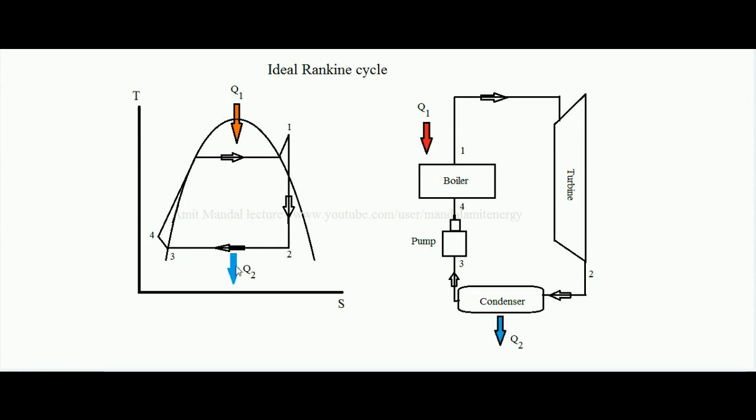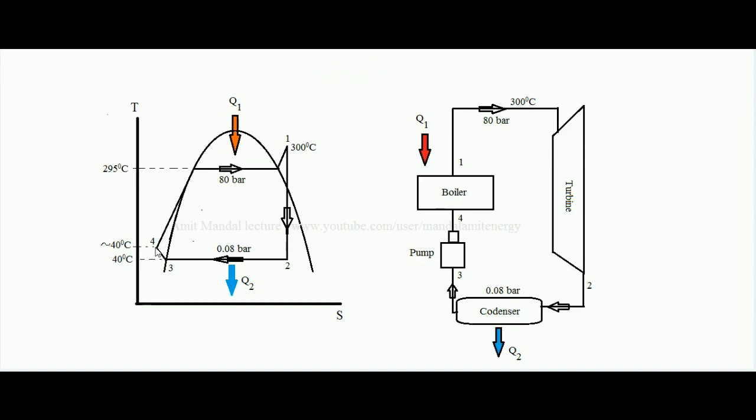One way is that whatever amount of heat is rejected in the condenser, recover that heat back and input it to the cycle itself. By that way we can reduce the amount of heat output from the cycle, but there is a problem with that. For example, suppose steam is prepared in the boiler at a pressure of 80 bar. So water enters at point 4 at 80 bar pressure and suppose it comes out at a temperature of 300 degrees centigrade.